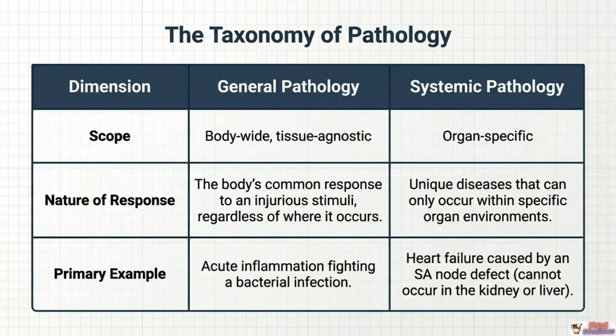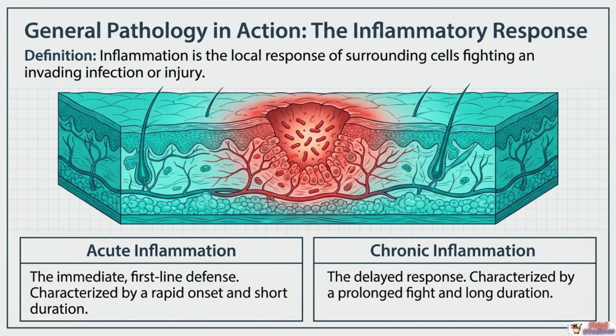Diabetic nephropathy only affects kidneys. Hepatocellular carcinoma only affects liver parenchyma. These organ-specific disease patterns are the domain of systemic pathology. To make the concept of general pathology concrete and vivid, let us examine its most clinically important and universally relevant example, the inflammatory response. Inflammation is defined as the local vascular and cellular response of living tissues to injury or